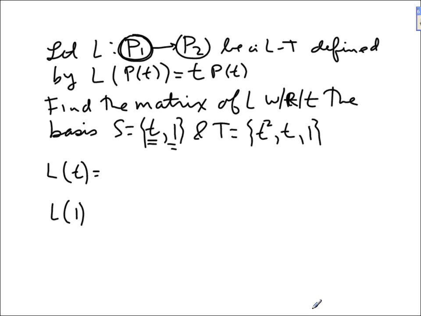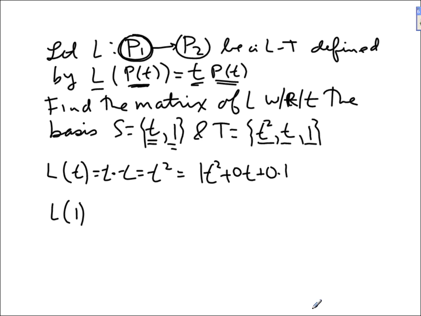Well, L of any polynomial is that polynomial times T. So any polynomial times T is T squared. And I want to write it as a multiple of these. Well, I hope you realize it's 1T squared plus no T's plus no 1's,